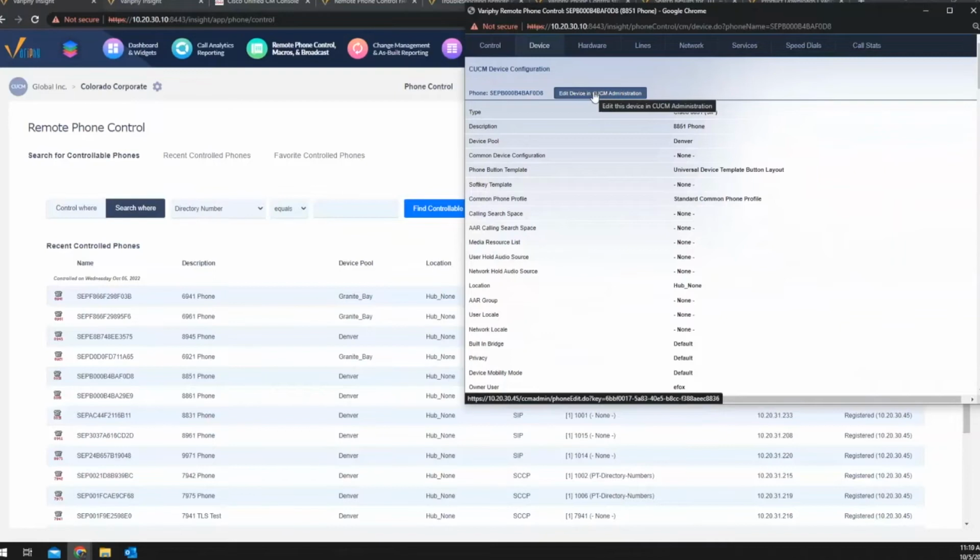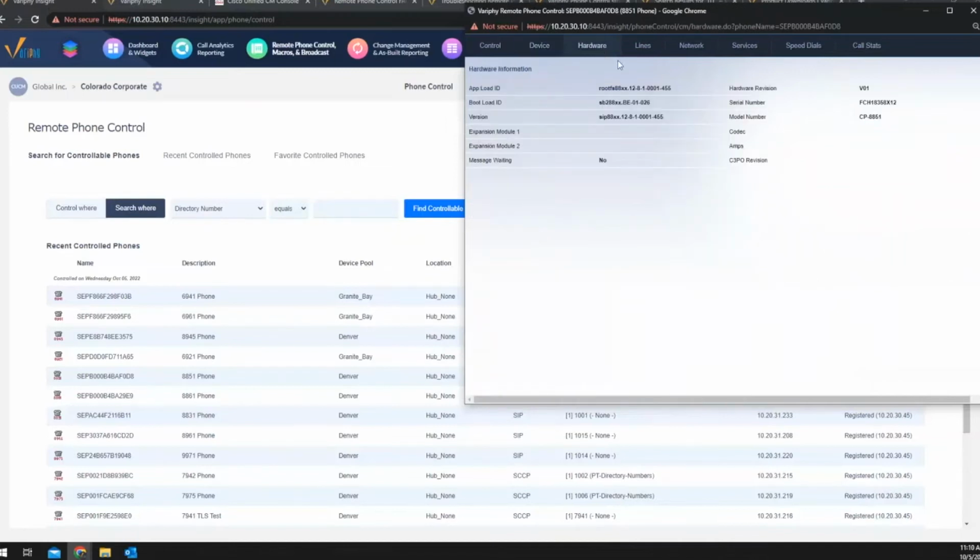So it'll take you to your Call Manager interface, and when you log in, it's going to take you right to that phone properties page rather than having to dig around for it in devices. Hardware is going to show what the phone's firmware version is, model number, serial number, etc. That's pretty useful, obviously. And I believe this one gets pulled directly from the phone itself.